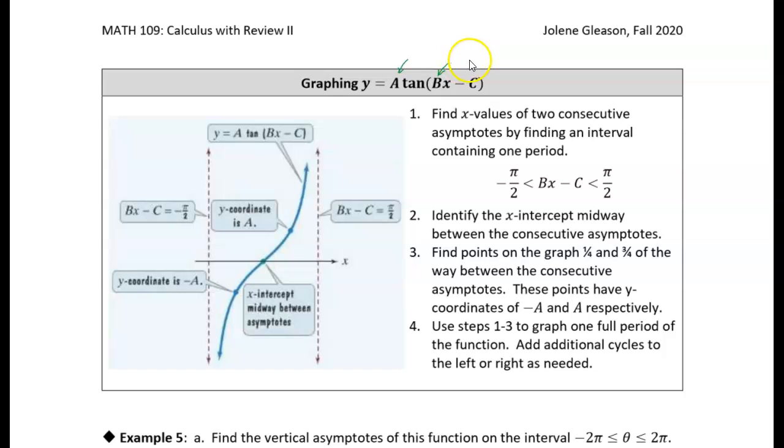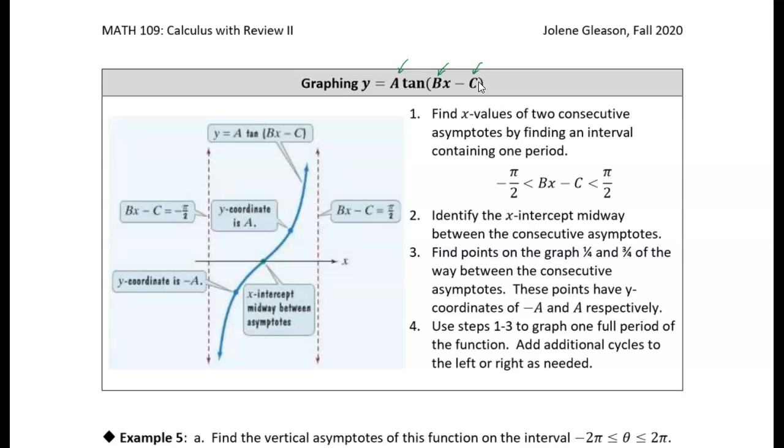So the B gives you a horizontal stretch or compression, and the C gives you a horizontal shift. Okay, so there's a lot going on, and so sometimes it's hard to tell just by thinking through how much you know about transformations. So there's a technique, a process that you can go through to help you graph these kinds of functions when you've got multiple transformations going on. And the key is just to recognize how it's going to affect